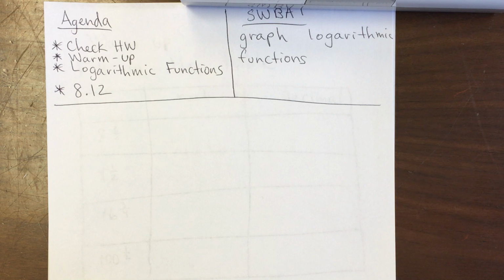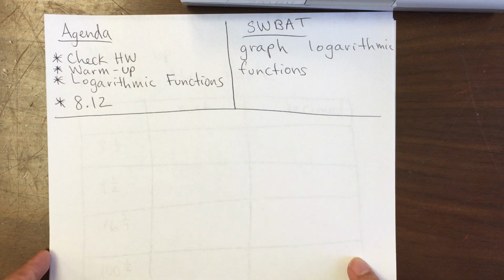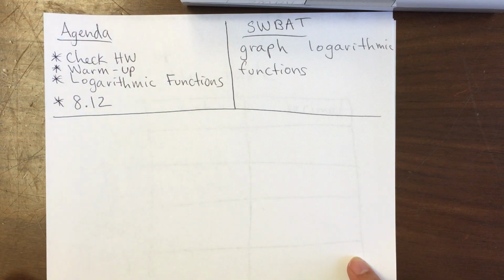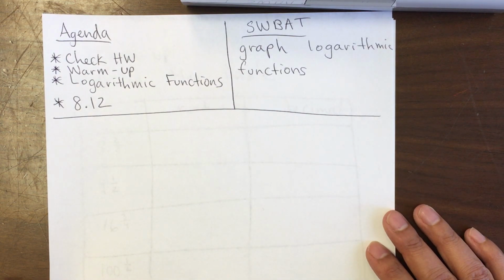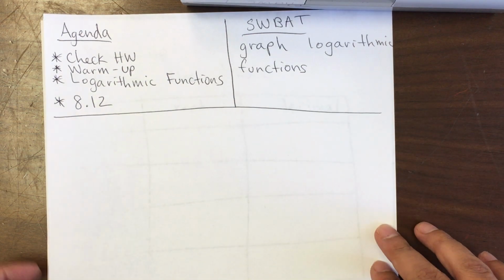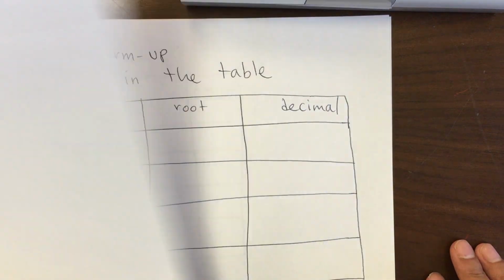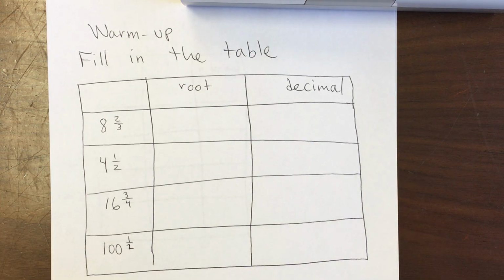You're going to have a warm-up and you're going to be working on logarithmic functions, and you will be able to do 8.12. Today students will be able to graph logarithmic functions. However, the graph is just going to be a sketch because of the growth of the horizontal values. Okay, so for the warm-up, I would like for you to pause the video and work